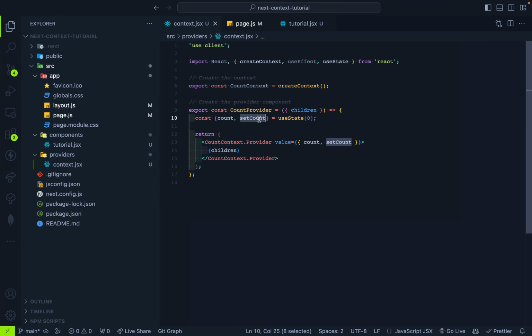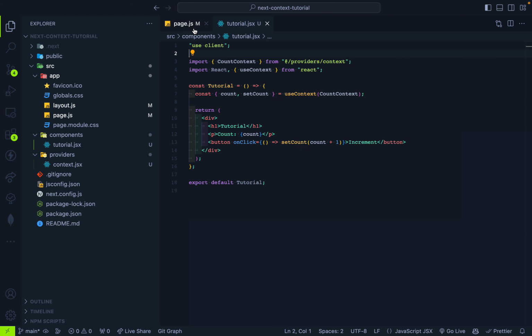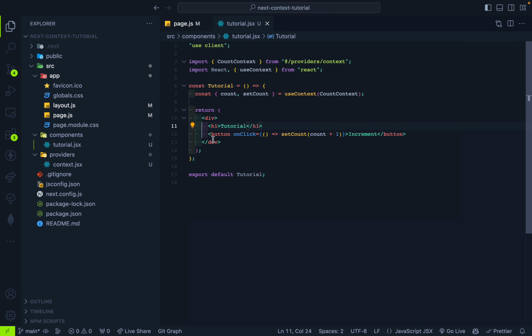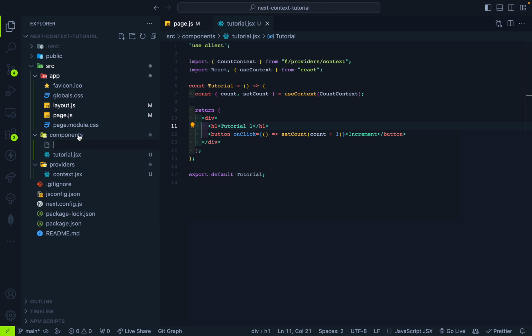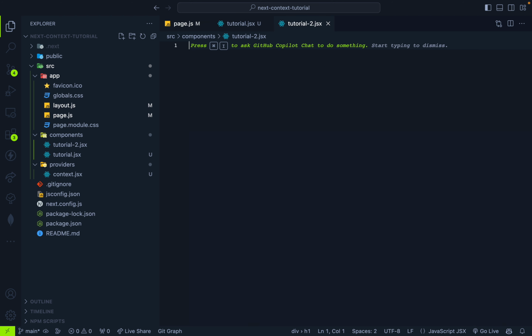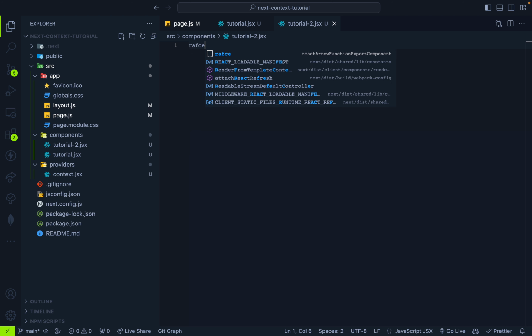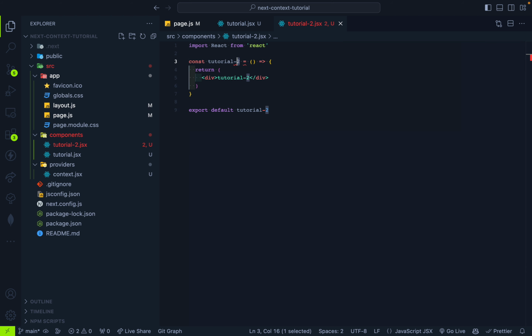So okay, let's do one thing. We increase the state from one place. All right, actually we need it here, my bad. We increase the state from one component and we show it via a different component, because that would be fun, right? Why not? And this is tutorial 1, and the other component would be tutorial-2.jsx, and this can be rfce, tutorial 2,